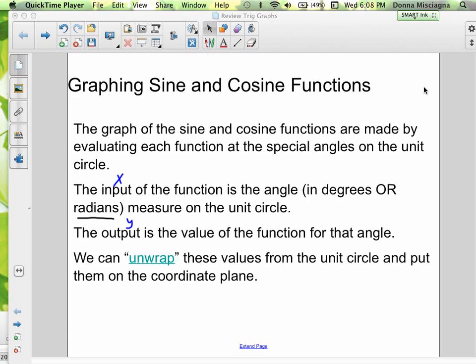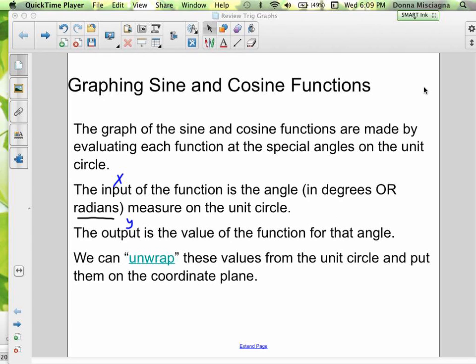So the graphs of sine and cosine functions are made by evaluating each function at the special angles on the unit circle. Now some are easier to graph than others, and those are the ones we choose to graph. Right? We don't have to graph every single value from a table of values. We choose 5 values, and these are the 5 values that are easy to graph. I will show you a few more values just so you can see that all these values come from the